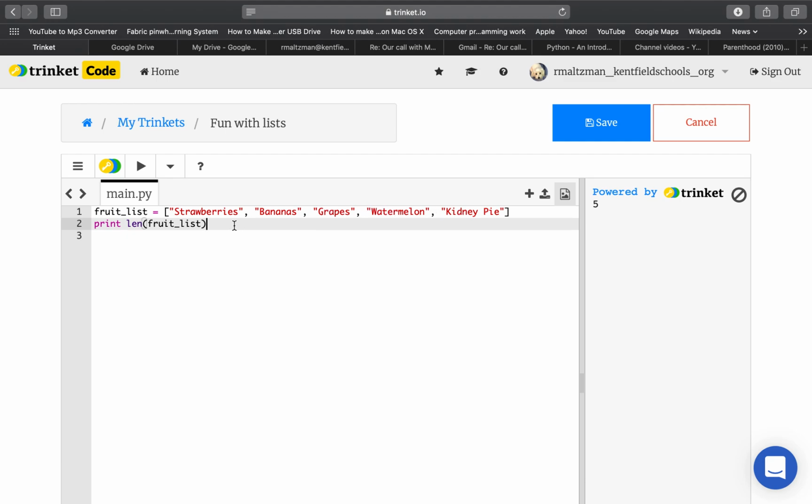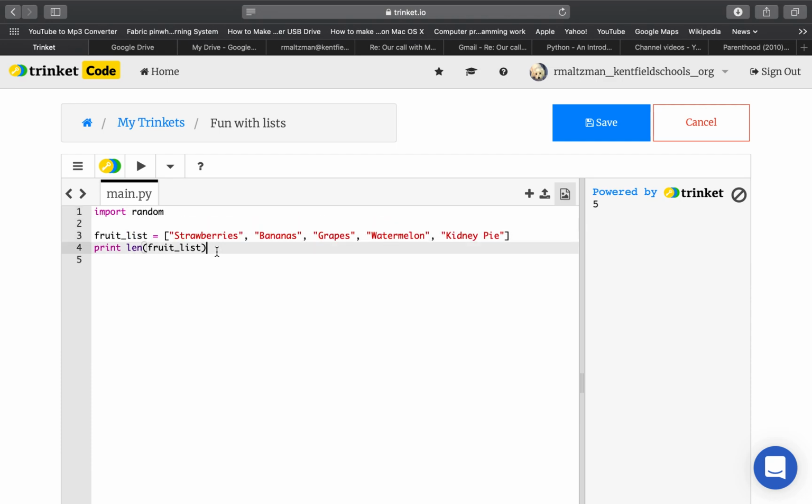So now if I wanted to print a random item from the list, let me show you how I'm going to do that. First I'm going to say import random, and so I'm going to have my tool of randomness here. Next thing I'm going to do is print fruit list, but not the whole thing. I want to print an item, and what I want to print is random.randint, and it goes from 0 to len fruit list